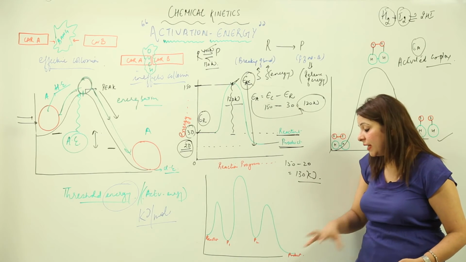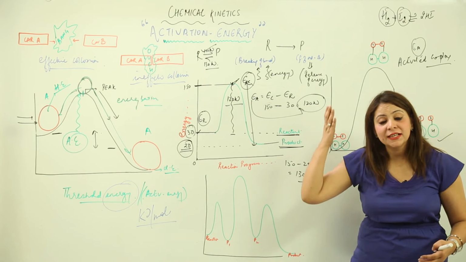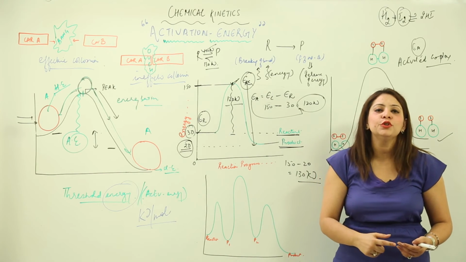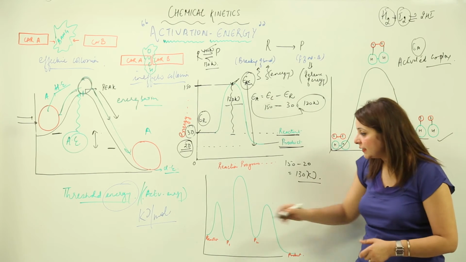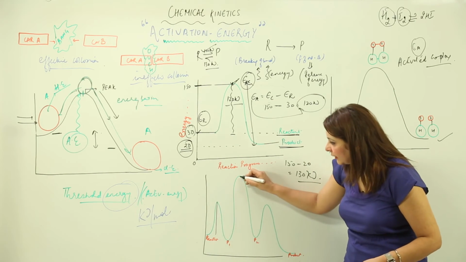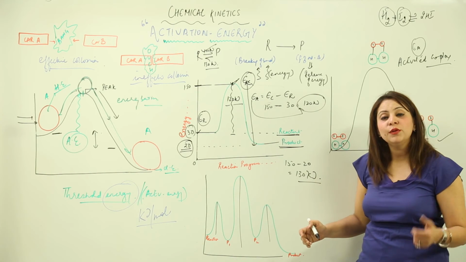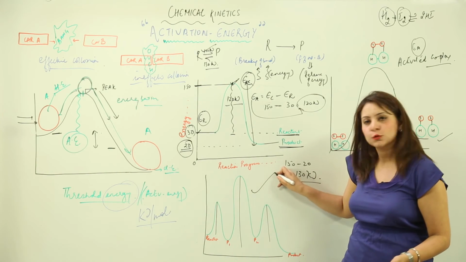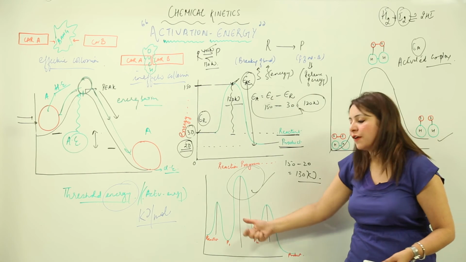and this is again different. Obviously, out of these three steps, which step is going to be the slowest of all? The step which is slowest of all is called the rate determining step, and that is going to show the value corresponding to the activation energy. This has this much activation energy, and this has this much. Out of these three, which step do you think is the slowest one? Obviously this one. So this is called the rate determining step,